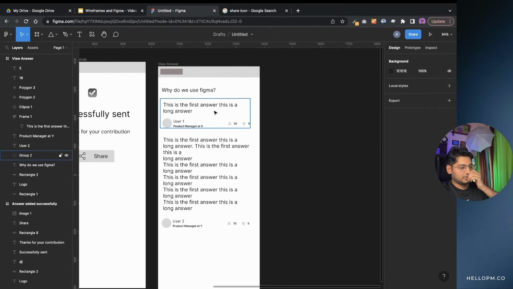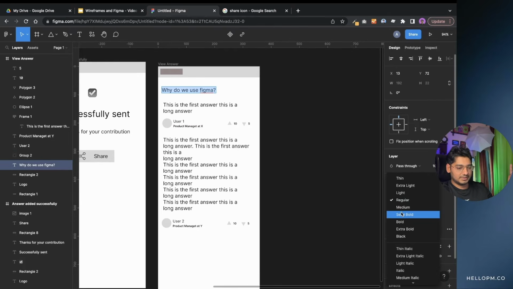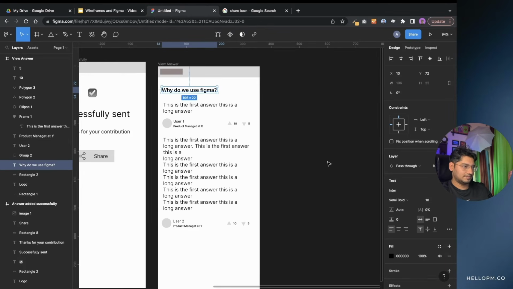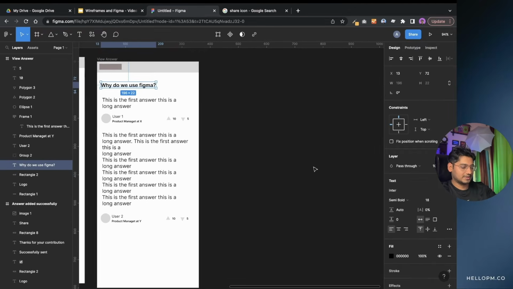Okay, so this is how you can create a page where people can see the answers as well, and they can upvote and downvote the answers as well. And this is the question, which you can show with a bit more prominence by making it bold. But understand these are the calls that a designer has to take. You only have to show the overall flow. Okay, now